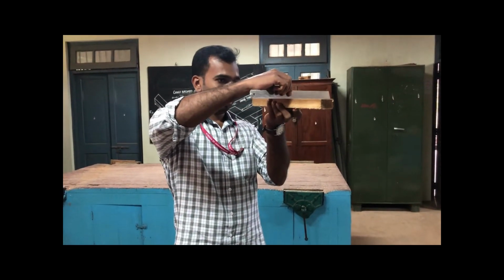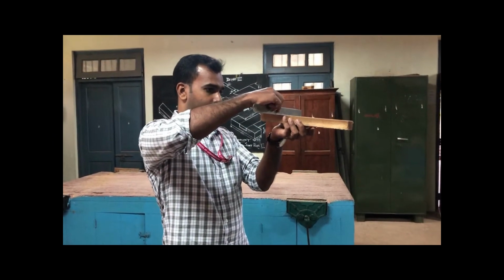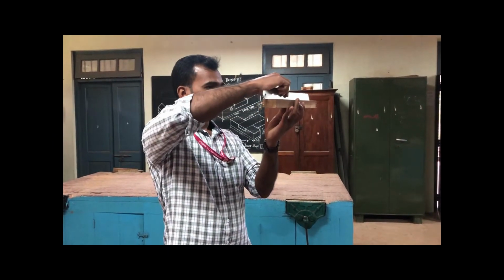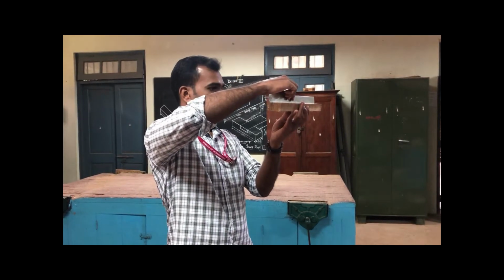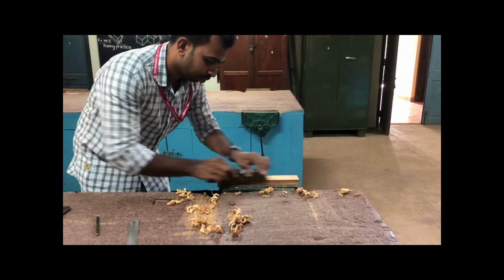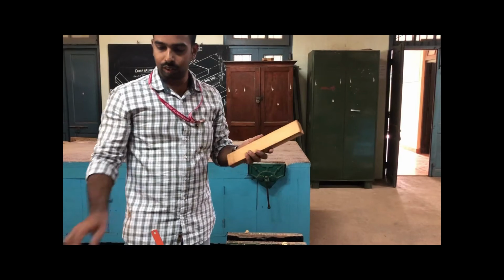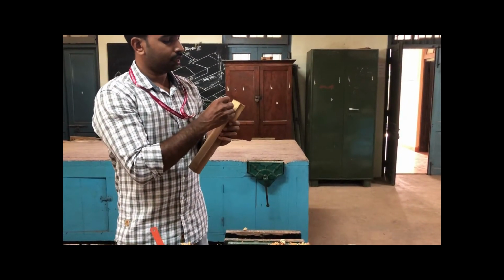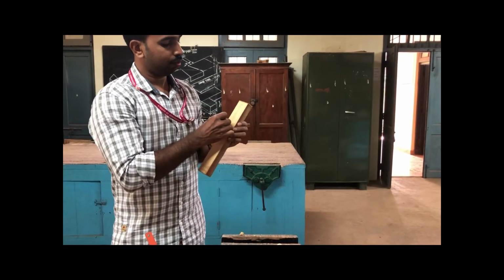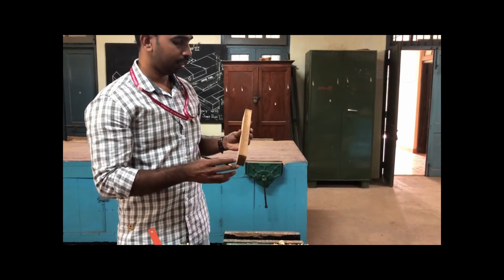We are checking the flatness of the surface at three different points, at two ends and at the middle. Also, check it longitudinally. Repeat this procedure till the surface is flat. Now, one side is completed, so mark it as a reference side using a pen or pencil. Then go for the next adjacent side.